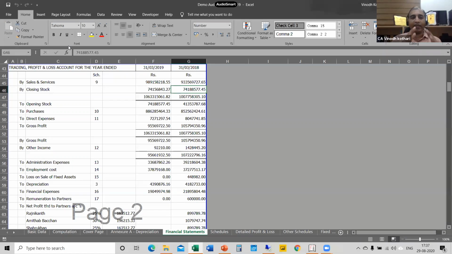How to find in Excel whether he has given the link correctly or not, whether he has added some data in between. Normally what happens is we tell them to export the Excel file or link the Tally to Excel, and from there give the link. Sometimes our staff or our clients are so smart, they get a difference of 1,000 rupees. What they will do, they will go somewhere and add this 1,000 rupees in the formula. Like you can see this here. Can you see this?